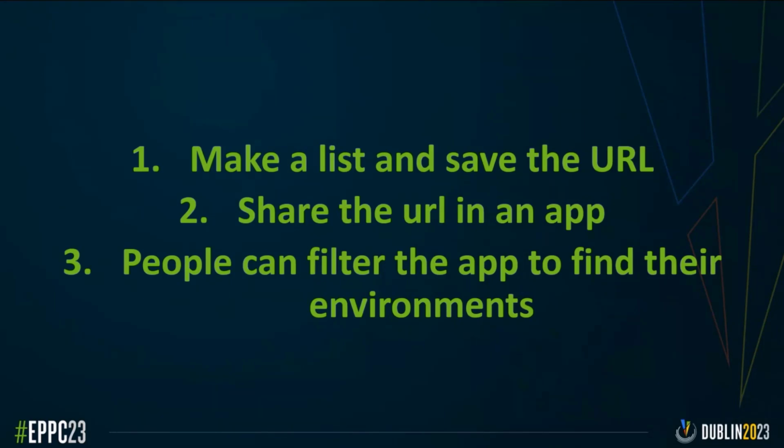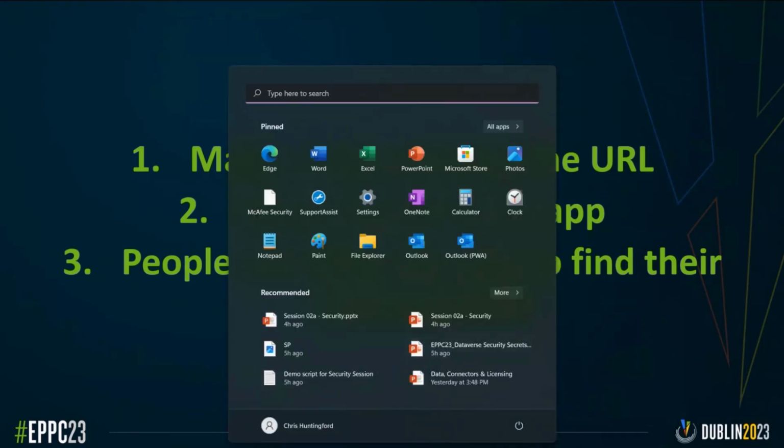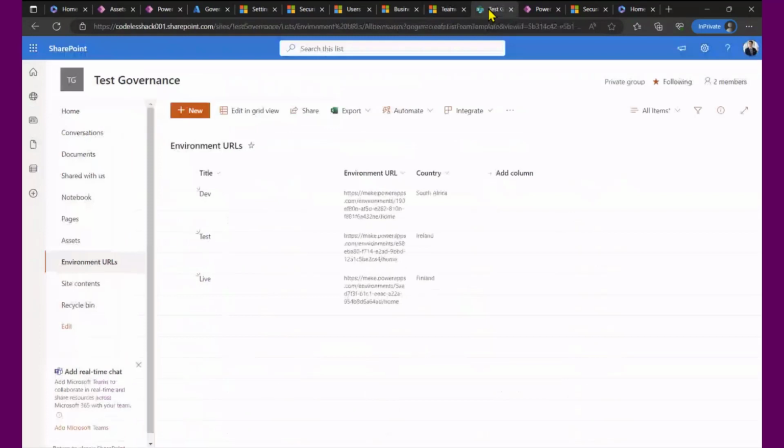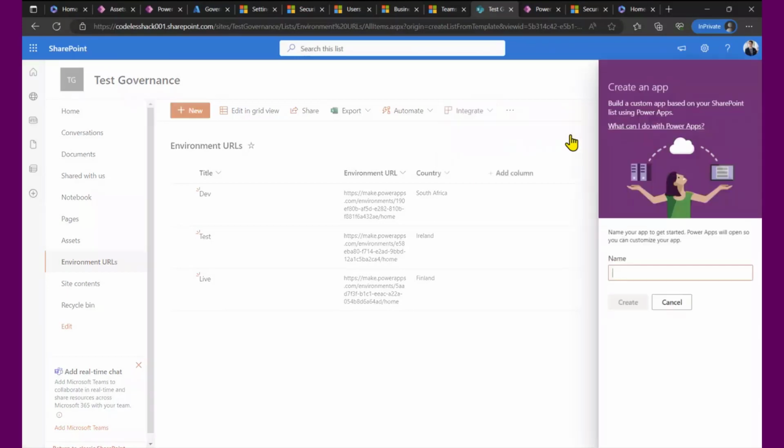All right. And all we did is we said, okie dokes, here's a SharePoint list. And you can actually see I've got dev, test, and live with the environment URL. You can obviously obfuscate that if you really want to. Users never have to see that. It's really easy to do. And you can do your 3 screener, create an app, right? Bam. Just going to give it a random name.